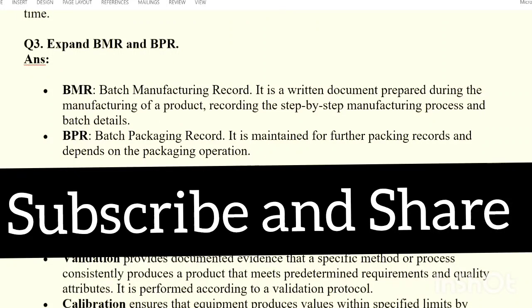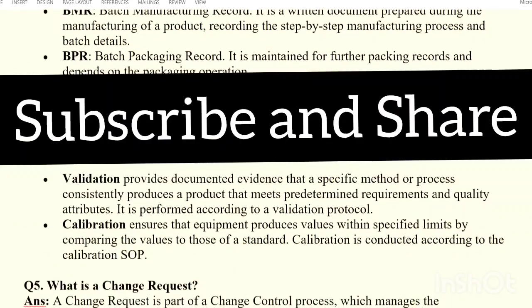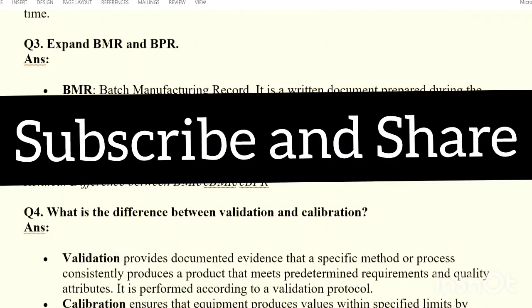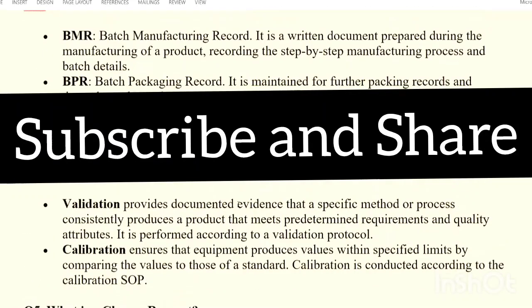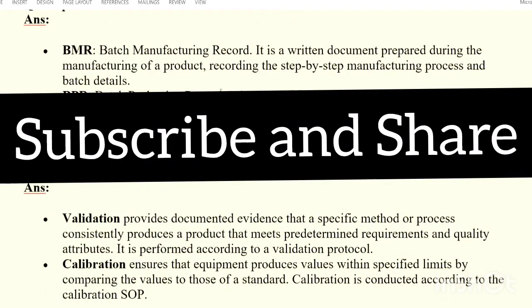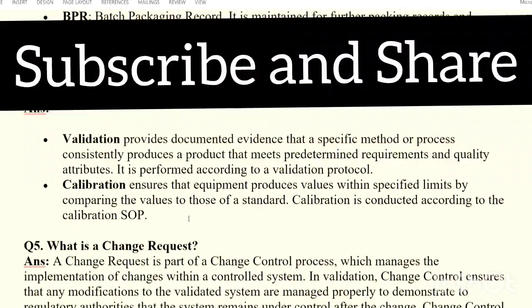Expand BMR and BPR. My dear friends, BMR means batch manufacturing record. It is a written document prepared during the manufacturing of a product, recording the step-by-step manufacturing process. And BPR means batch packing record. It is used during packing, so it includes all the packing activity. All the activities related to packing are recorded in BPR, and all the activities related to granulation, compression, coating, and inspection are recorded in BMR. And next,